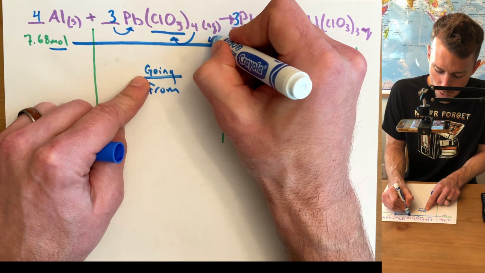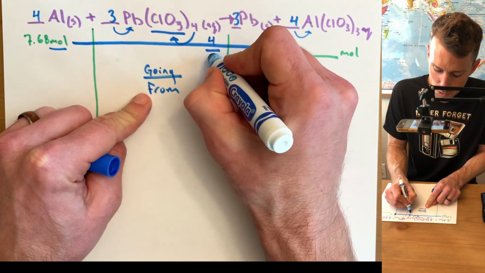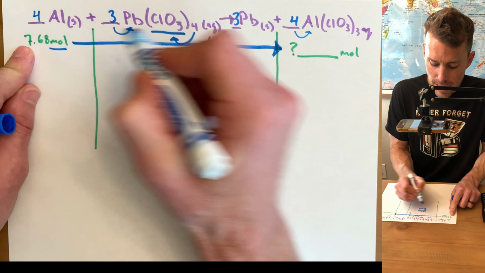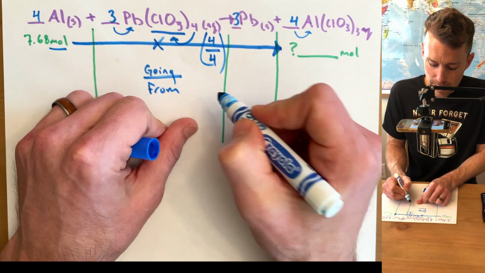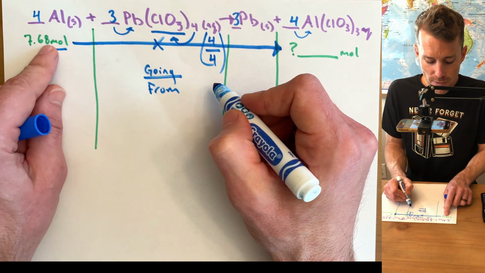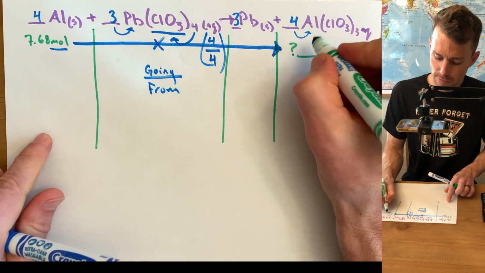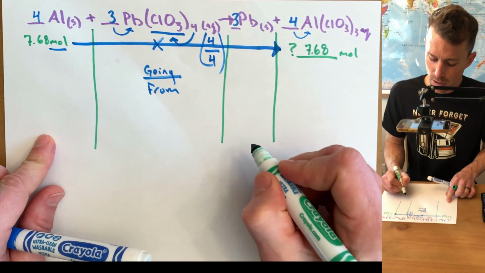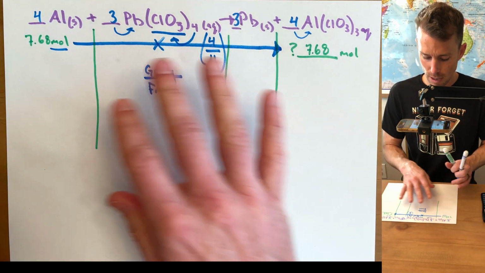So I put a 4 right there, and I'm coming from 4. So I put a 4 right here. So it's going to be 7.68 times 4 over 4. Put a little multiply right there. And what's 4 over 4? That's just 1. So 7.68 times 1 is going to give us 7.68 moles of aluminum chlorate. Now, if you're showing the math on that and you're required to show perhaps more than